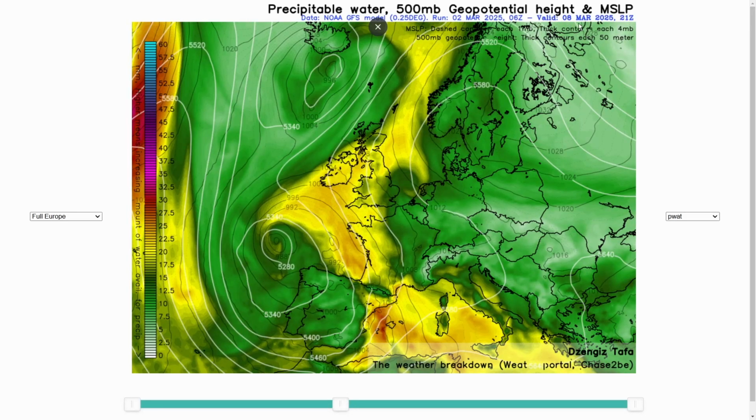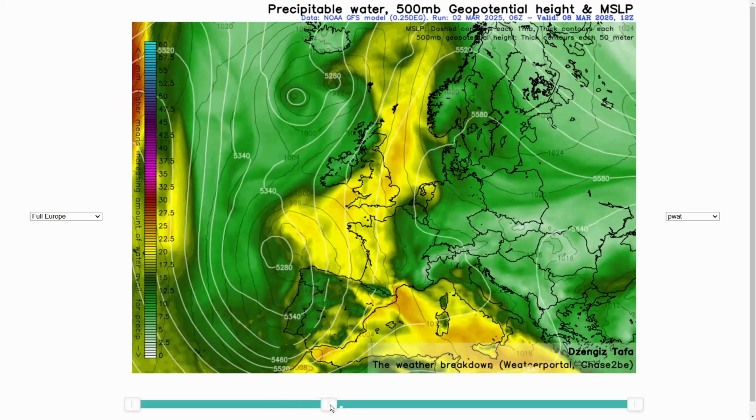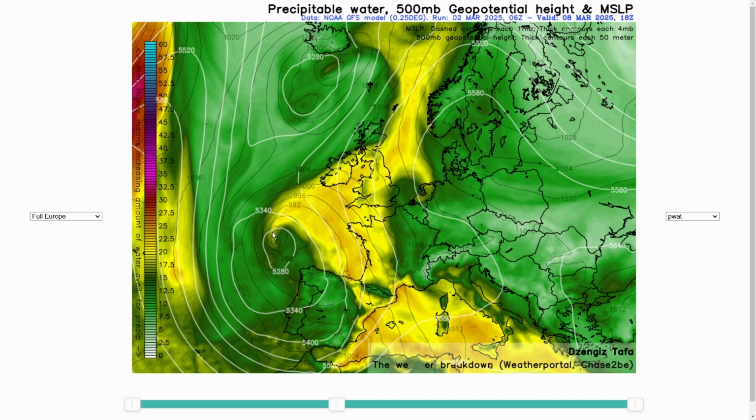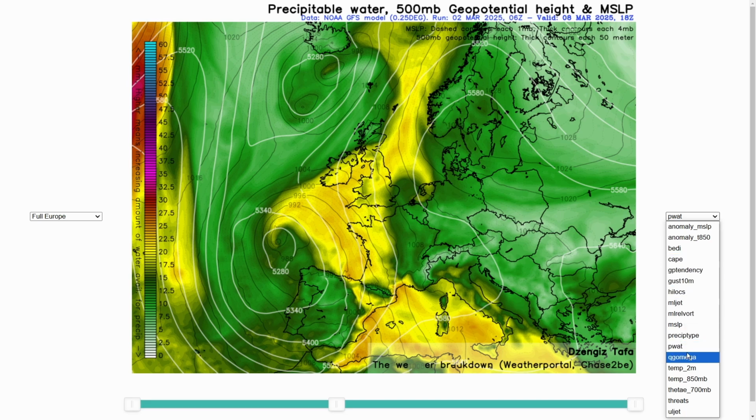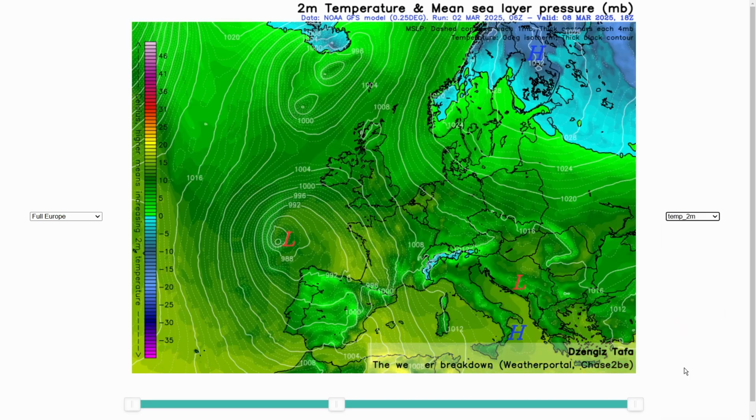Now, this is already 8 March, so weather does what weather wants. So this will probably change a little bit in the future, but it is something actually to keep an eye on. Also, if this low pressure area forms, there's air rushing here from the Mediterranean over France, advecting north here. And if you look a little bit at what that means for the temperature,